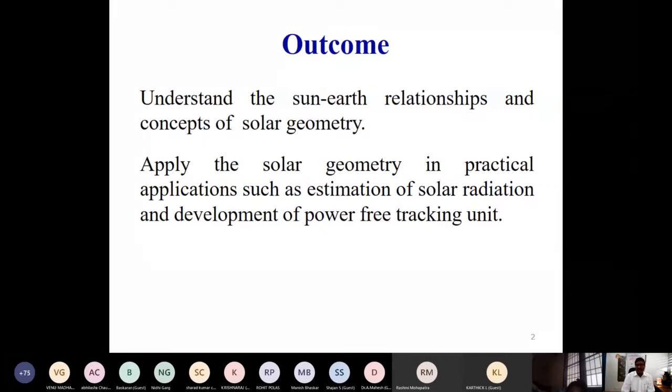Why do we have to go for estimation of solar radiation? Already there are plenty of instruments available. Some central government bodies are also establishing solar assessment stations. The need for this estimation, using mathematics as well as solar geometry, is that in some places, remote places, it is difficult to establish atmospheric stations or solar assessment stations, as well as these instruments. Measuring continuously from sunrise to sunset is costly, and in some places it is difficult to install.